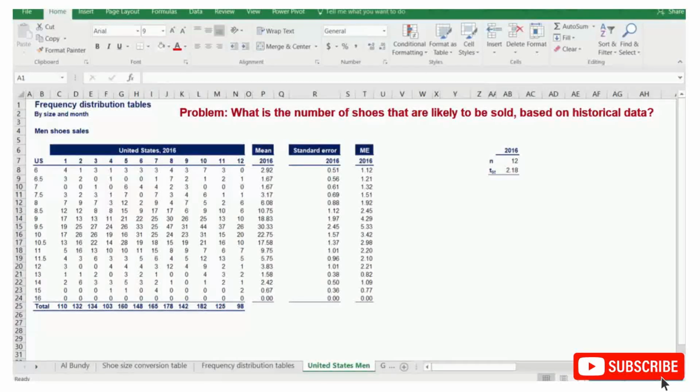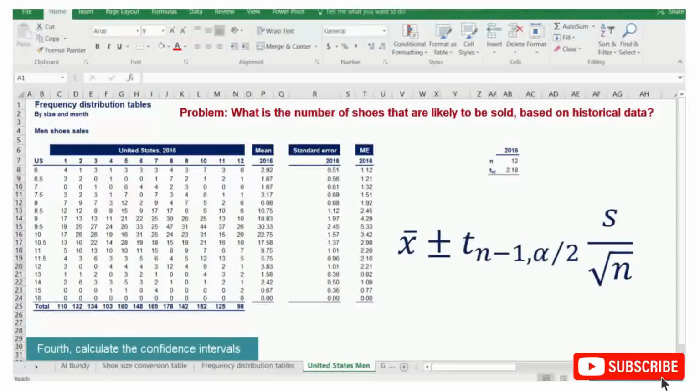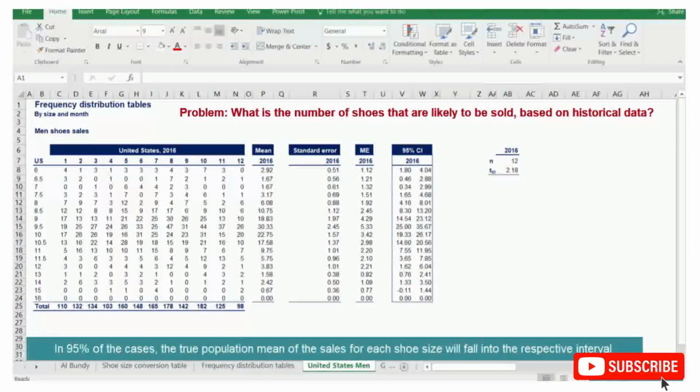Finally, the confidence intervals are given by the following formula. And this is how they look after the calculations have been carried out. The result we obtained could be interpreted as follows. In 95% of the cases, the true population mean of the sales for each shoe size will fall into the